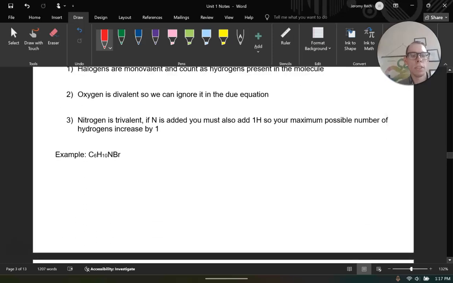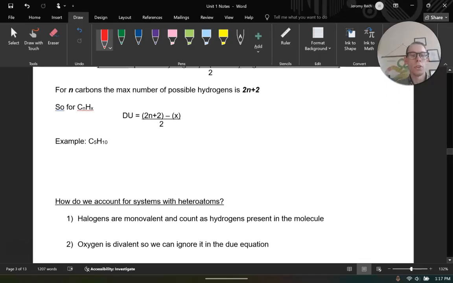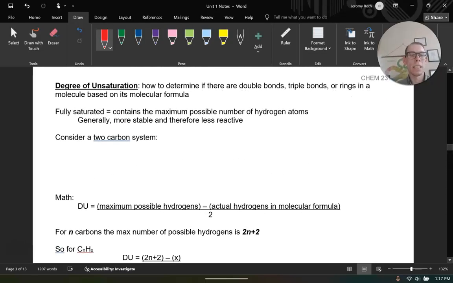like if I just give you C6H10NBr, and I ask you to go through and draw that in terms of a skeletal structure, that's a little bit more challenging because there's a lot of different things you need to figure out, and typically you'll start that in terms of a Lewis structure. The degree of unsaturation is going to be a quick math that we're going to do that's really just going to be subtracting and dividing. So it's pretty straightforward math too. That's going to tell us if we have double bonds, if we have rings, or if we have triple bonds